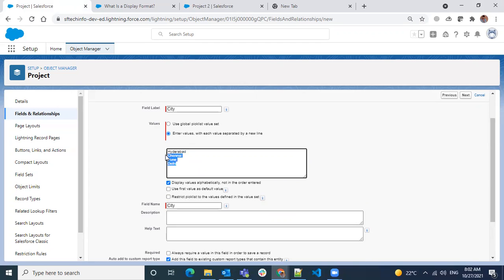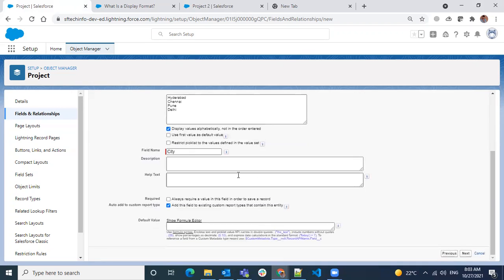From the UI you can only select these values, whether you check this box or not. But if you uncheck this box, from the backend you can use different values other than this list. If you check this box, it will always allow only these values. It will not allow any other values. It will restrict to the list you have configured. Okay, I'm not giving this restriction for now.